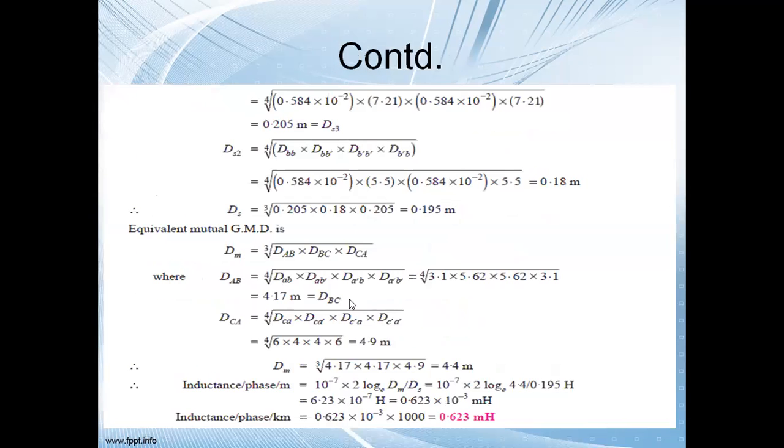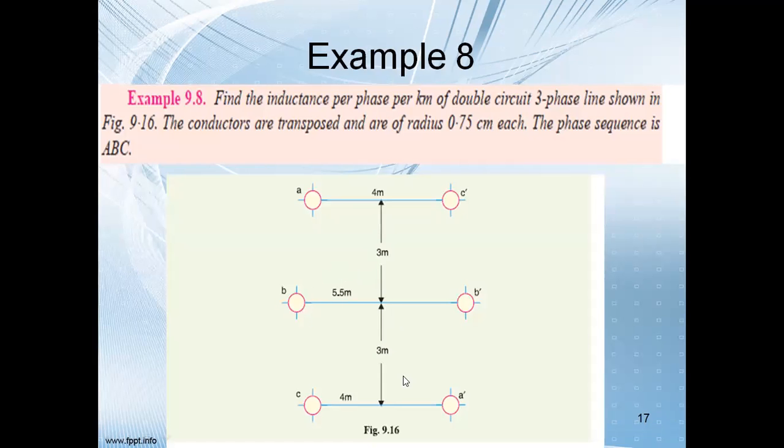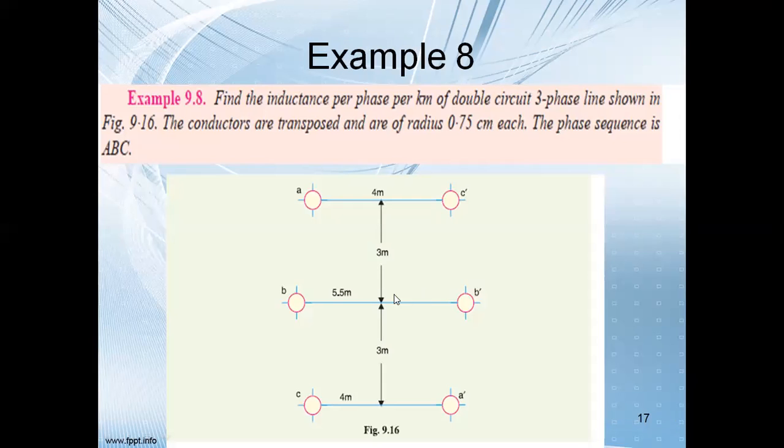Okay. So next, DA dash B. DA dash B is A dash B. So here also the same thing. We'll apply that. Everywhere you have to apply that right angle formula. You will get that. And DA dash B dash is A dash B dash, means here it is B dash and this is A dash. So similarly, you have to apply the right angle formula.